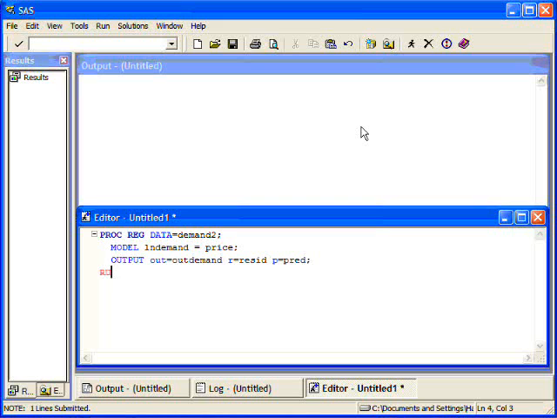The next thing I need to do is run this, but in order to generate the output into a data set, I need to put a quit statement. It won't actually finish that data set until it sees quit. So I'm going to submit this code by clicking on the little running man,